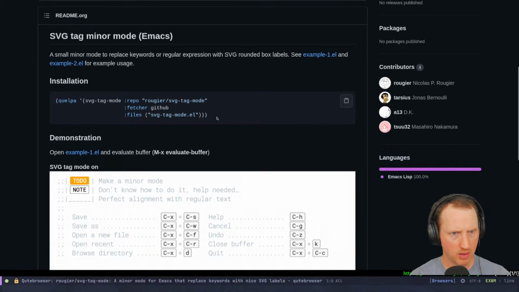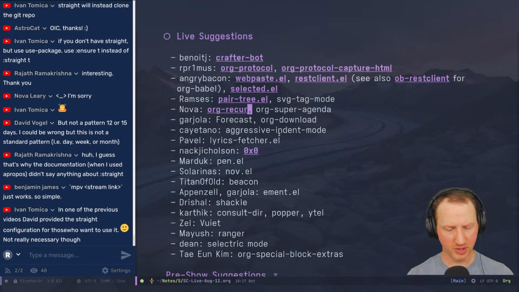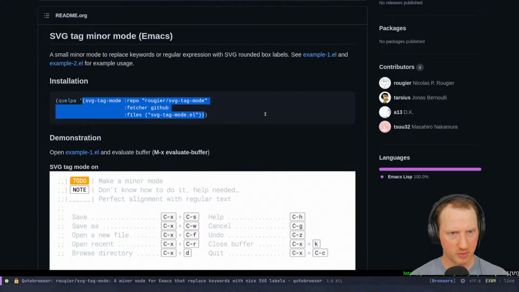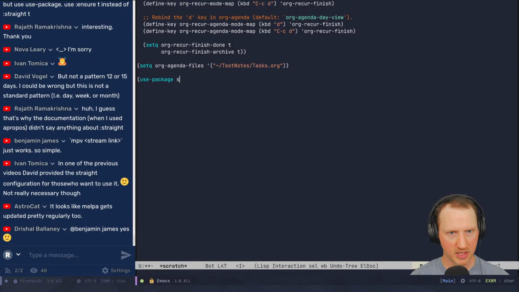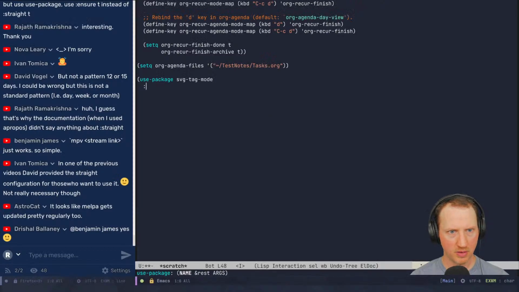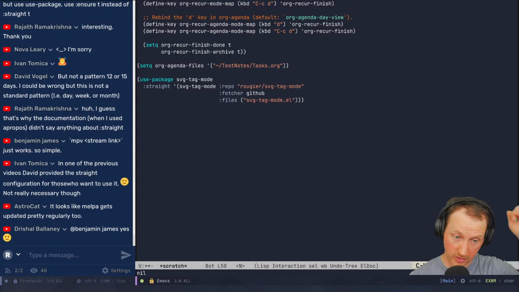So if I just take the recipe, it's not in Melpa, maybe? I'm going to assume it's not in Melpa, but if somebody wants to correct me there, please feel free. So what we'll do is use-package. There wasn't a use-package for that, right? Yeah, okay. So use-package svg-tag-mode. Okay. And then straight, and then paste in the recipe. Also make that a list. All right, and then I will run that. Clone it, see if we can load it.